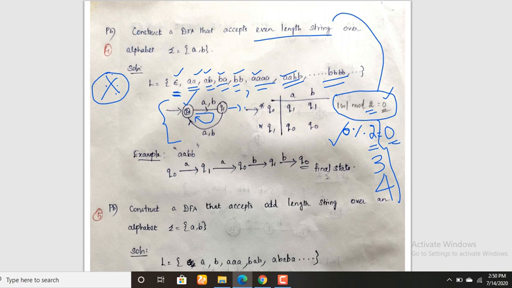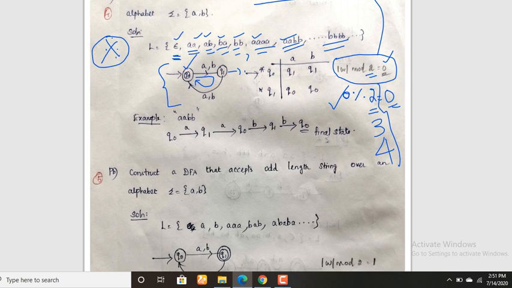It's an important one. Next step, you have to draw the transition table. This is the easiest part. I will take a length one string. Q0 receiving A goes to Q1. Q1 receiving A goes to Q0. Q0 receiving B goes to Q1. Q1 receiving B goes to Q0. Here our starting state acts as both starting state and accepting state.